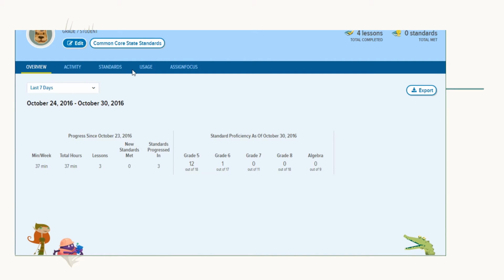When you click on a specific student, you can get their data. You can choose anywhere from just the info from today, the last week, the last month, or whatever you would like. So, for example, the student's done 37 minutes, has completed these grade level standards. You go up here, there's different